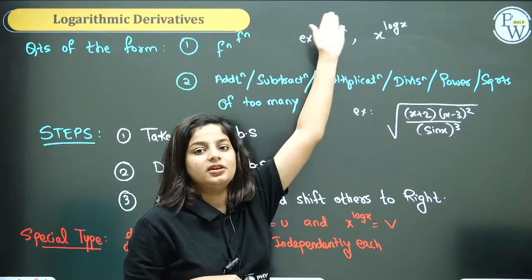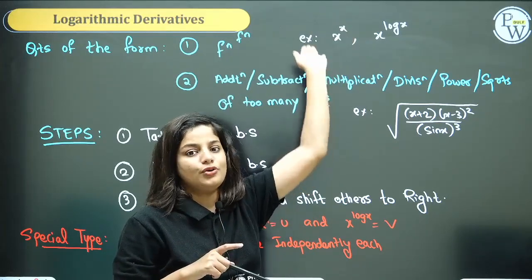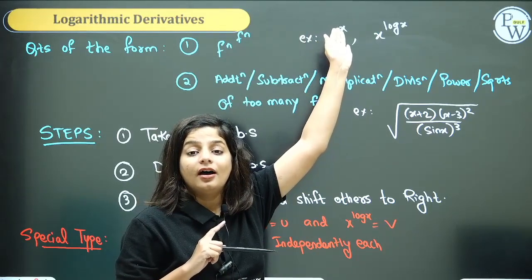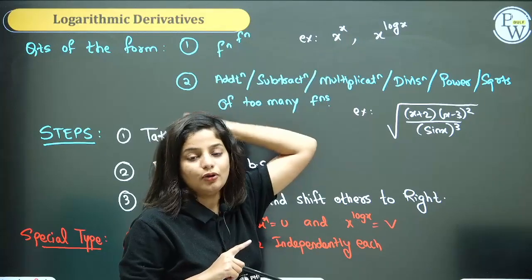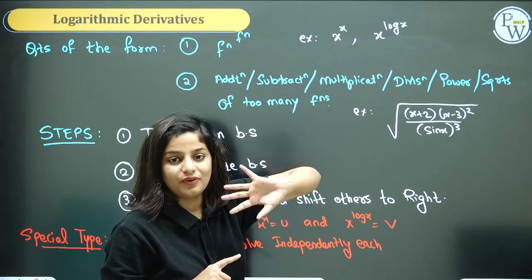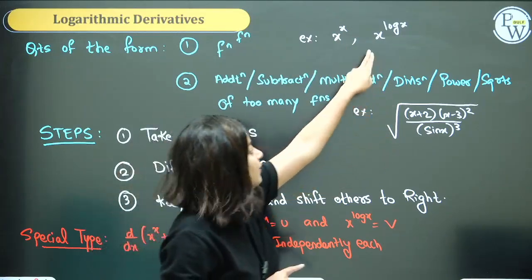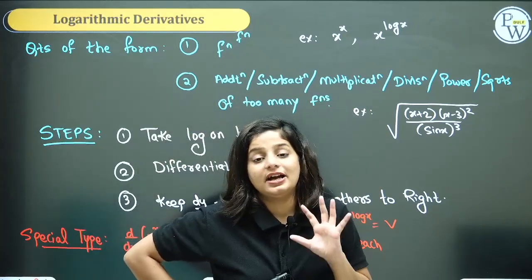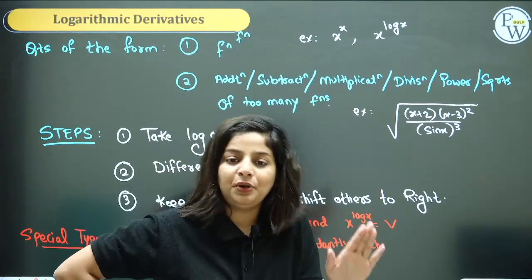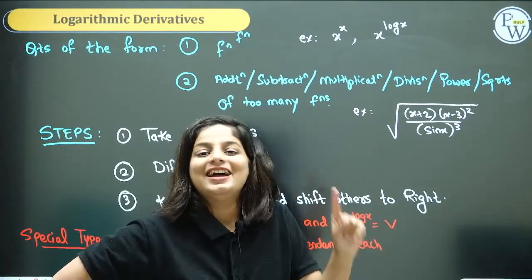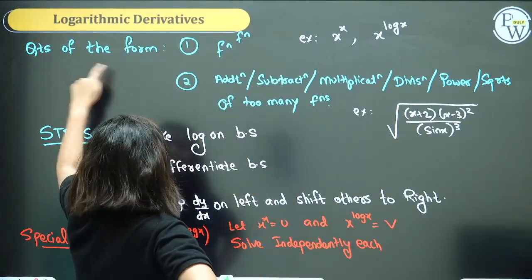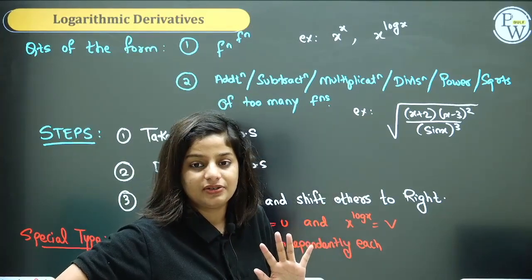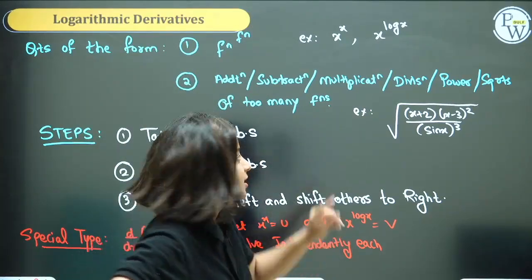If it's variable raised to constant, polynomial. Constant raised to variable, exponential. But this is none of them. It's function raised to function, variable raised to variable. Whenever such a question comes, there's a different way altogether to solve it. Not chain rule, but you will do logarithmic differentiation. How? We will talk about the steps. So that's one.